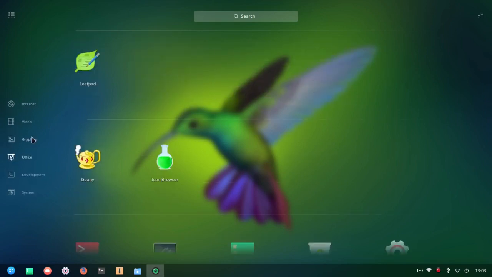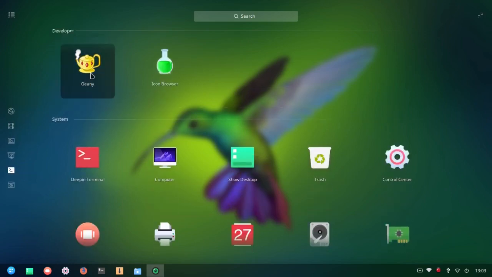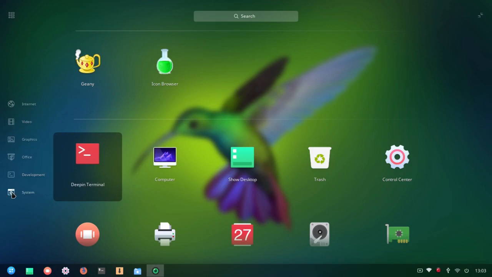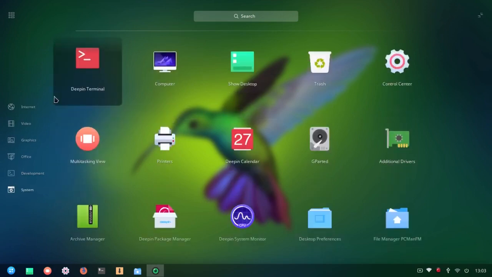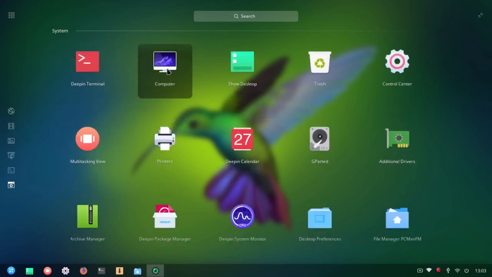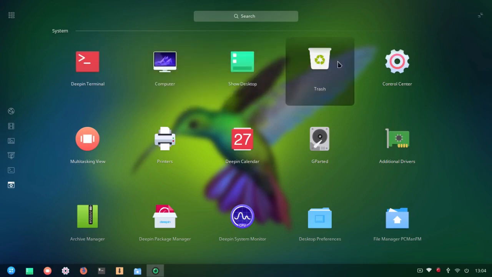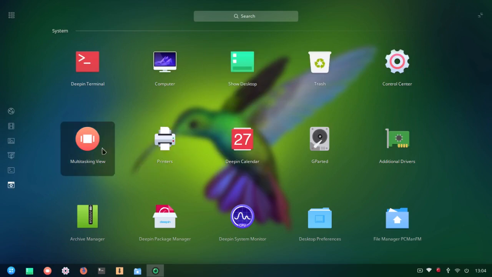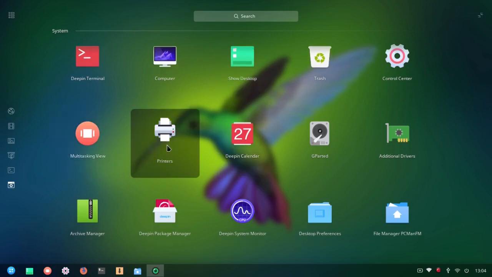Under Office you have LeafPad, period. That's a text editor. I'm going to install LibreOffice later. Under Development you have Geany, text editor, and the icon browser. And under System you have quite a bit: the Deepen Terminal, Computer, Show Desktop, Trash, Control Center, Multitasking View, Printers,